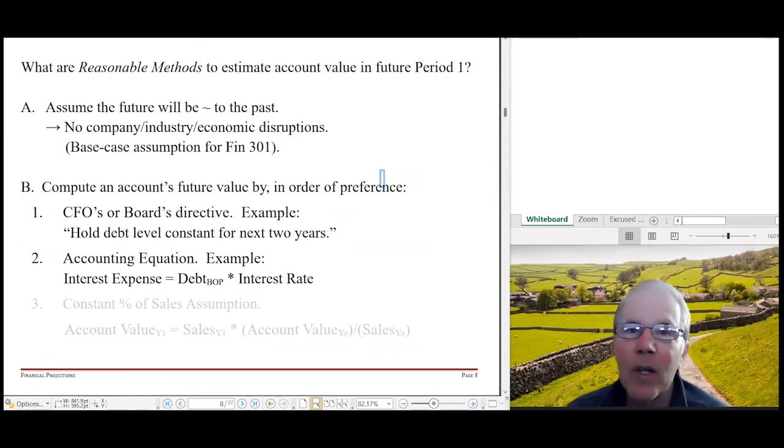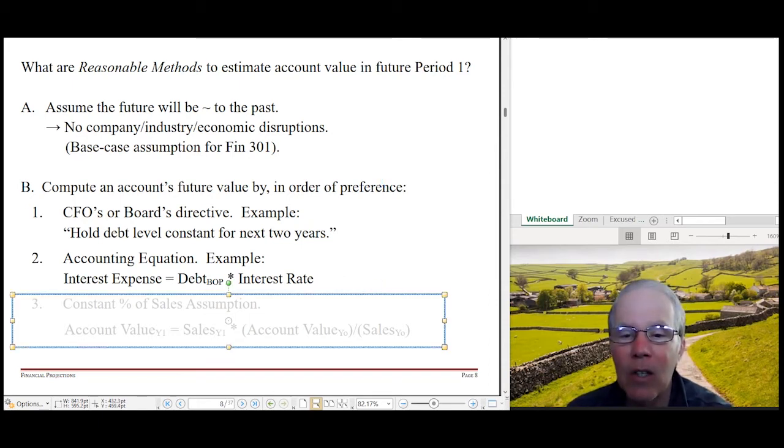One of our accounting equations, of course, is assets equal liabilities plus equity. But as you're going to see, there are going to be several accounting equations we can use to help us out. Here's another example. Interest expense is equal to debt at the beginning of the period times interest rate. We've used that all semester. That's always true. So when we have an always true equation like that, we'll go ahead and use it.